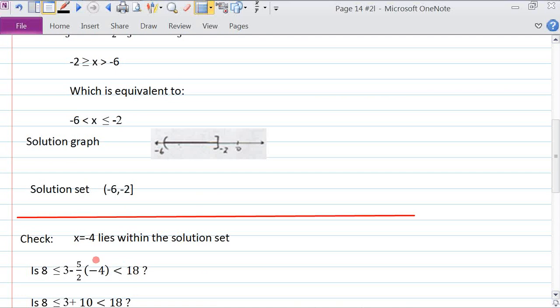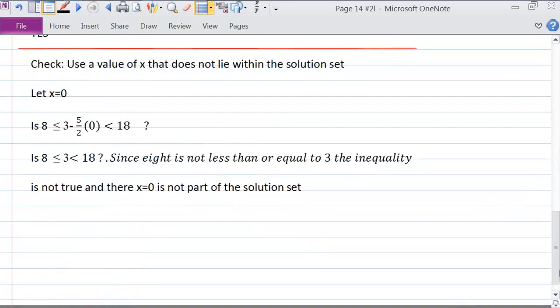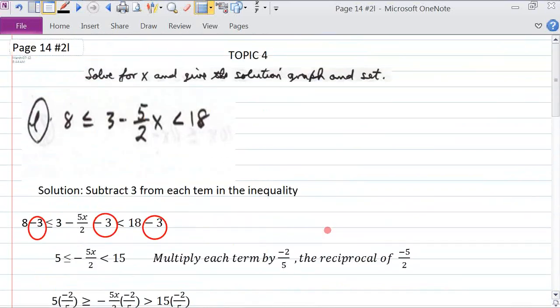And then we just checked our answer with a number that lay within the solution set and a number that lay outside of the solution set, 0, to verify that we had the right answer. So this completes page